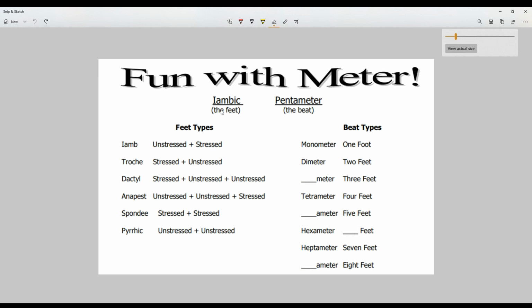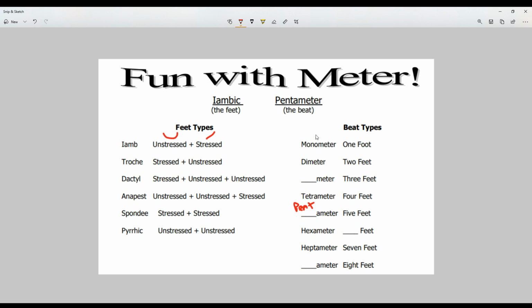So an iamb from Iambic Pentameter is made up of an unstressed and a stressed syllable. We label them like this: unstressed, stressed. And that is what an iamb looks like. And then pentameter means that there are 5 of them. Pentameter. And then you can guess, going down this road, then, if you have ever had Latin or French or